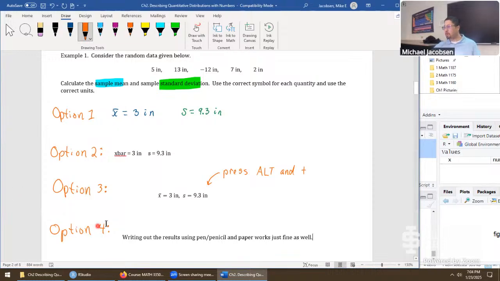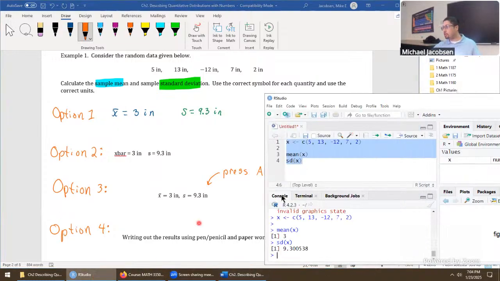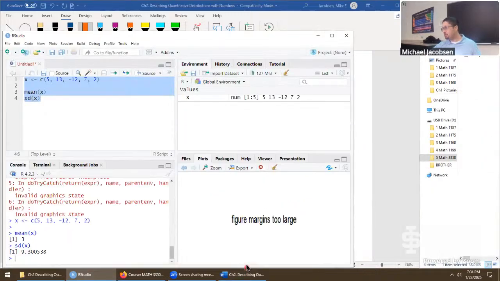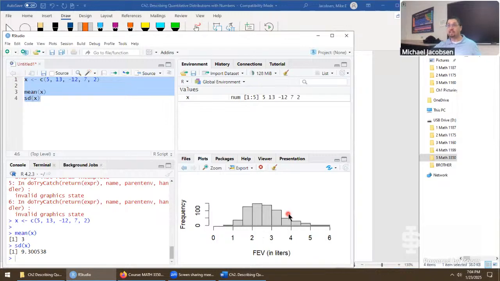If you went option 4, you're probably thinking of working this class like an ordinary math class. And again, that works just fine. You'd still have to give me your graphics, like these kinds of things. My margins are too large. Well, the graphics that we had right here, but you could always just take a screenshot of this and email it directly to me, or print them out and staple it to the last page of your written out work, and that works just fine.